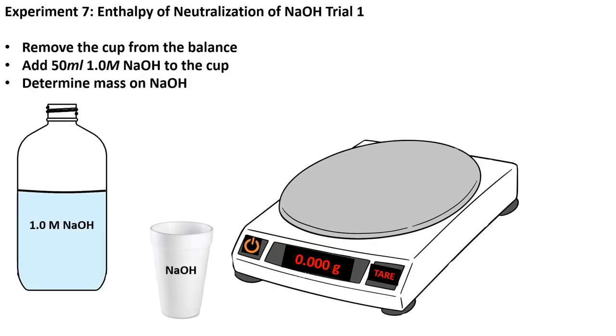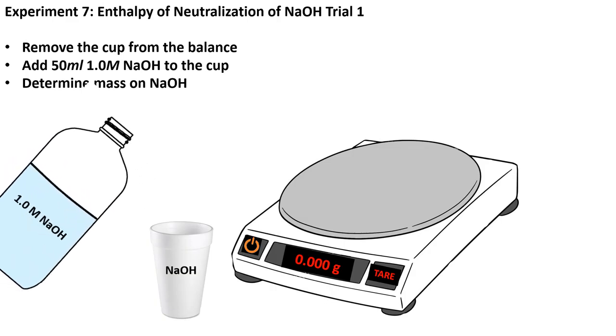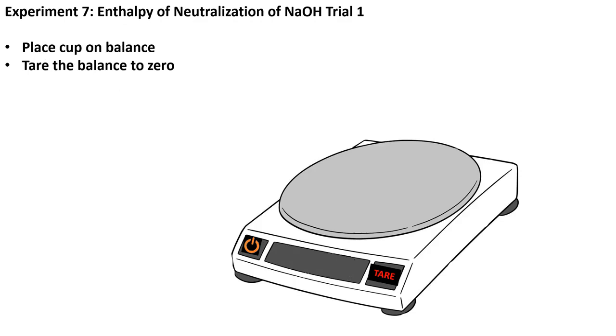Take the cup off the balance and add sodium hydroxide to the cup. Then place the cup back on the balance and we see that our solution has a mass of 54.164 grams. Next, we need to do the same thing for hydrochloric acid, so we place an empty cup back